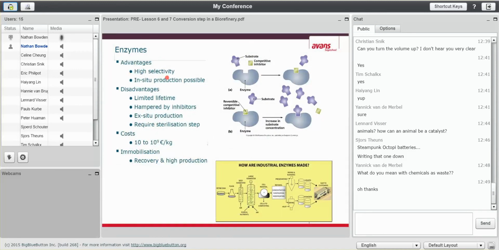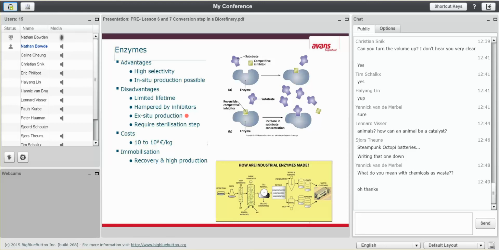The advantage of enzymes is they are highly selective in production. That means you can put it on a substrate, a certain location. You don't have to necessarily mix it. The disadvantage is a limited lifetime, so even though we say it's not consumed, it actually is consumed. They are hampered by inhibitors, so if there's anything in the way, like lipids, etc., it stops the process. There will be ex situ production that you don't want. So you want to produce something with an enzyme in a certain place